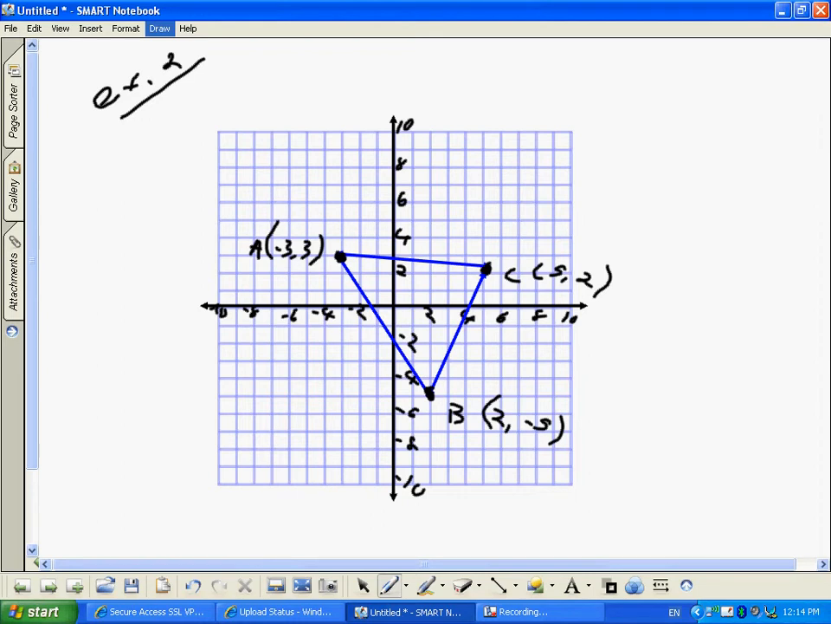So we have our triangle. We want to find the median from vertex C. So the median means from the point C, we're going to cross the halfway point between A and B. Okay, guys? So we have to find the midpoint of A and B. I have to find halfway. I know it's going to be somewhere in here, but I got to figure out what the exact coordinate on